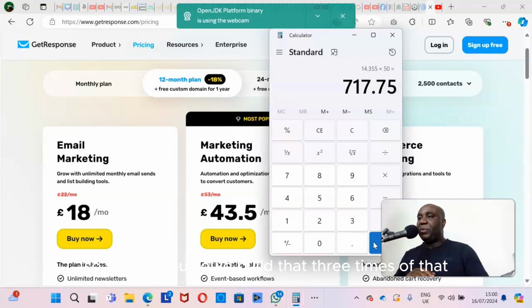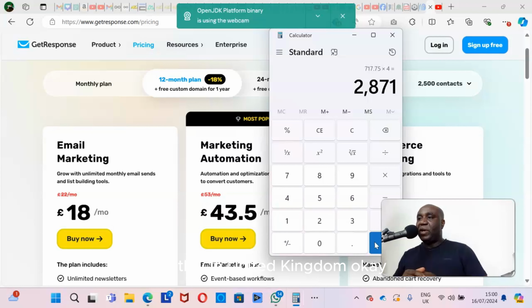So what if you could build that 3 times of that or 4 times of that? Let's multiply that by 4. Say you built it 4 times of that. That's £2,800. That's almost £3,000, and that is more than what most people earn